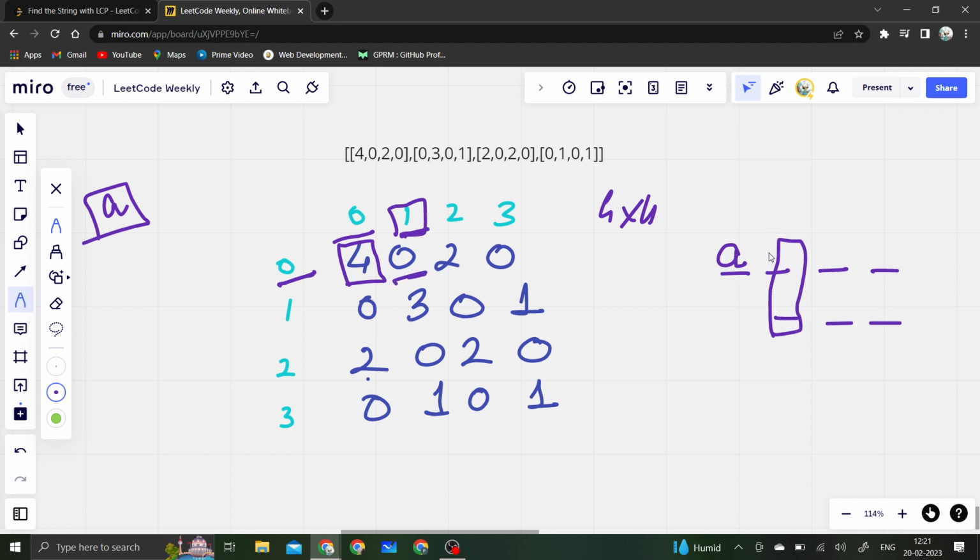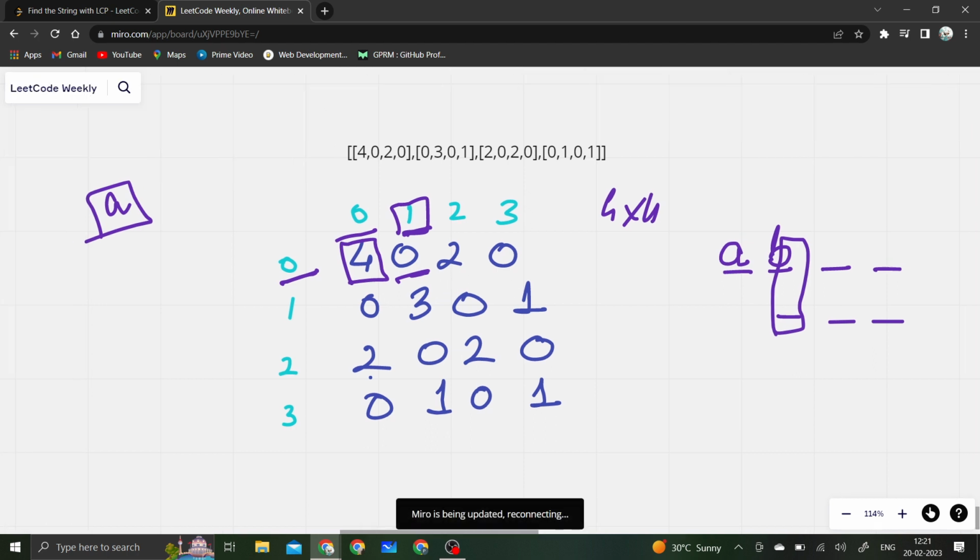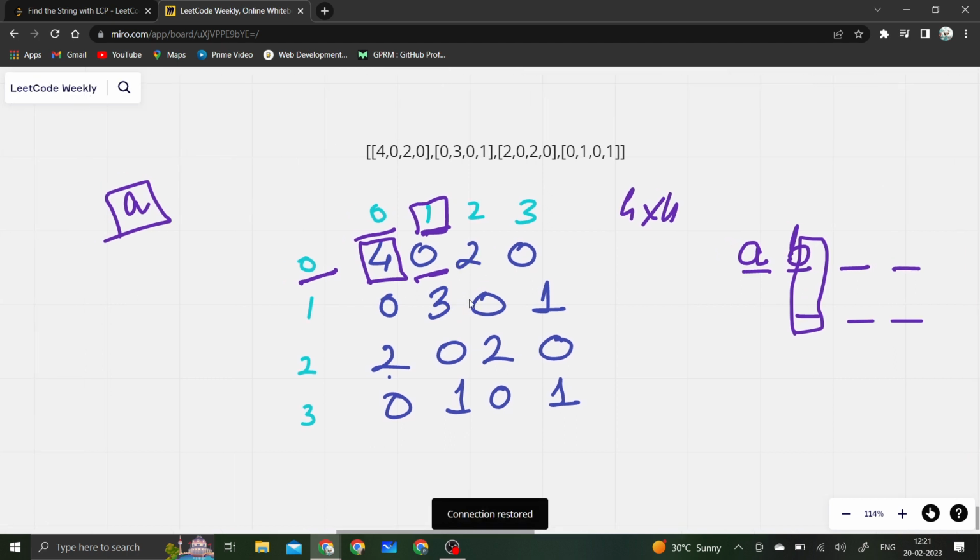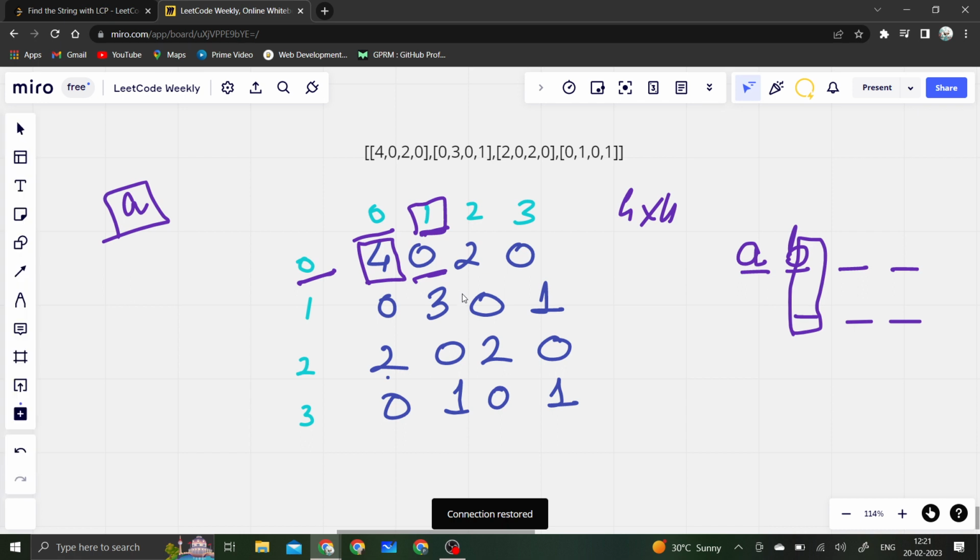We will fill this with a different character, but that character should be less, right? So we will fill B here. And after that we come here and we see, okay, and after that we will come here at this particular index and we will see, okay, so this is from the second